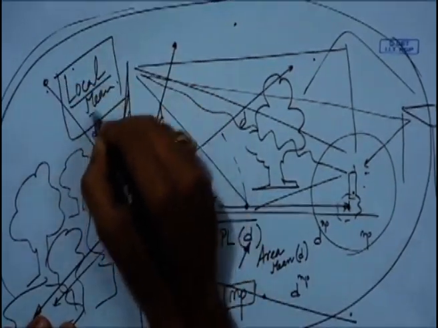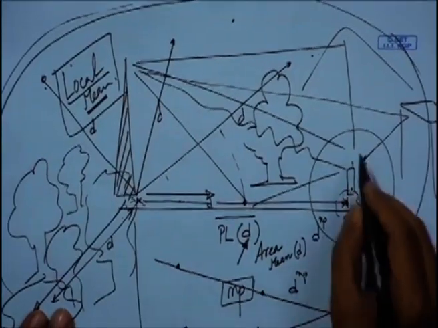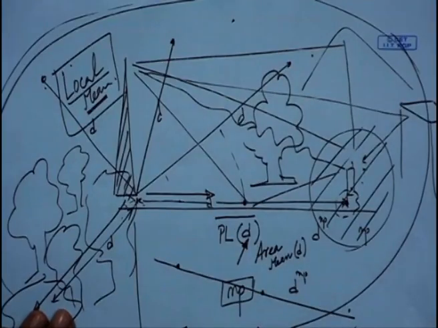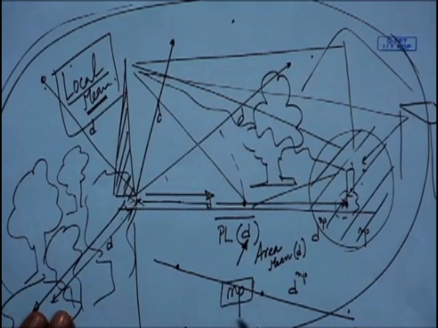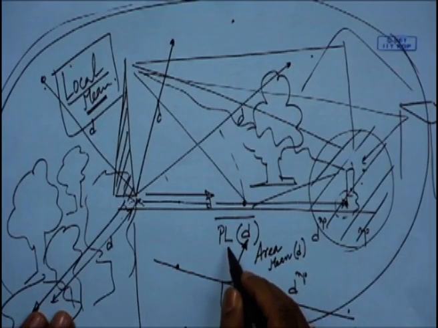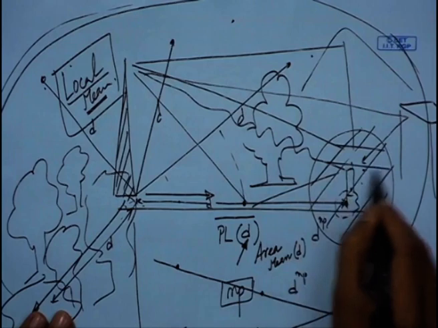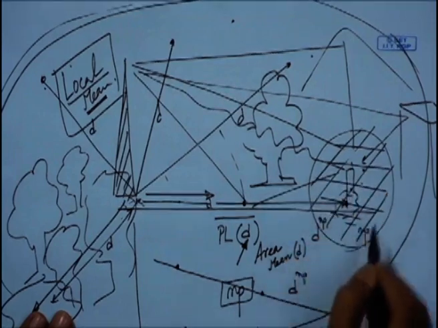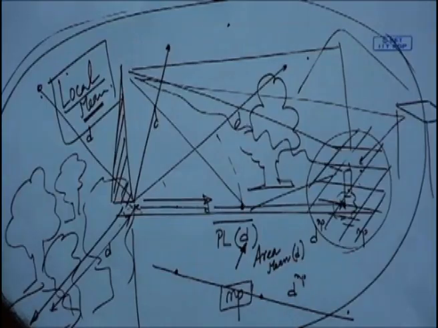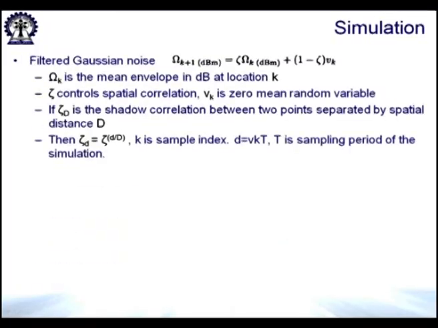Mean means averaging over a small area. That means, if the readings are averaged over this area, whatever value we get is being captured by shadowing. Whereas, if we average over the whole area, we get the area mean, which is the path loss. So the moment you do average, there is a kind of correlation that gets added. So these shadow fading values would be correlated, and one way of generating them through simulations would